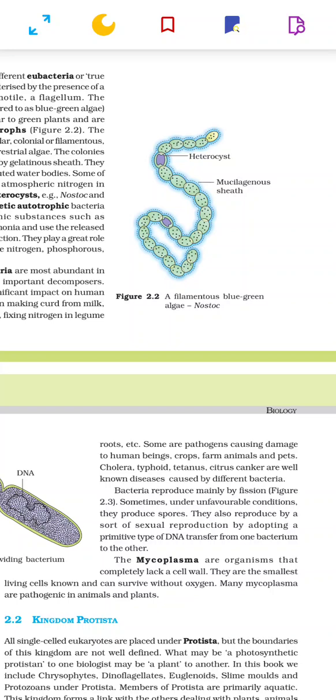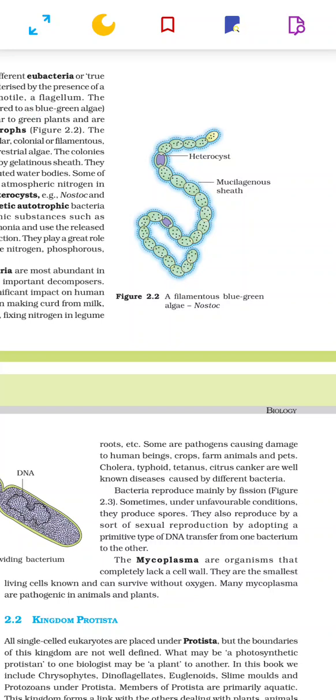Cholera, typhoid, tetanus, and citrus canker are well-known diseases caused by different bacteria. Bacteria reproduce mainly by fission. Sometimes under unfavorable conditions they produce spores. They also reproduce by a sort of sexual reproduction, adopting a primitive type of DNA transfer from one bacterium